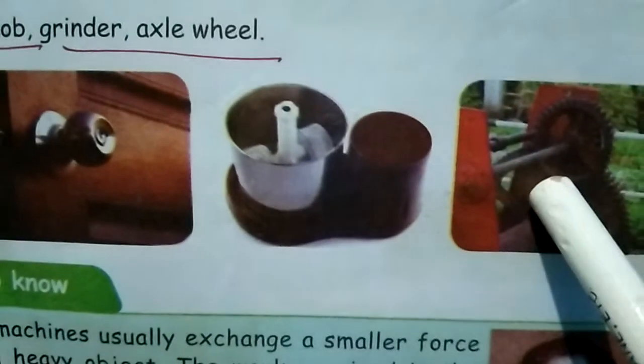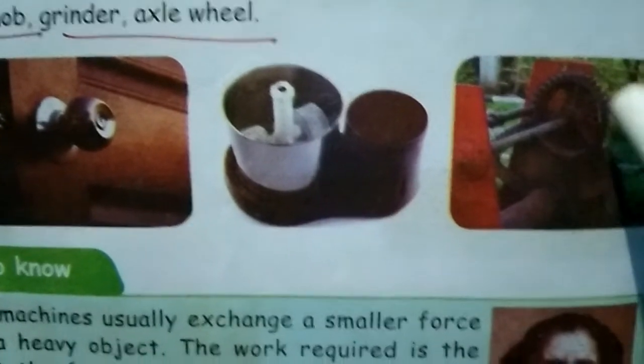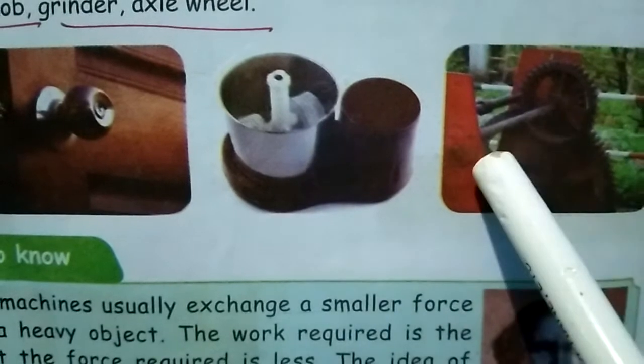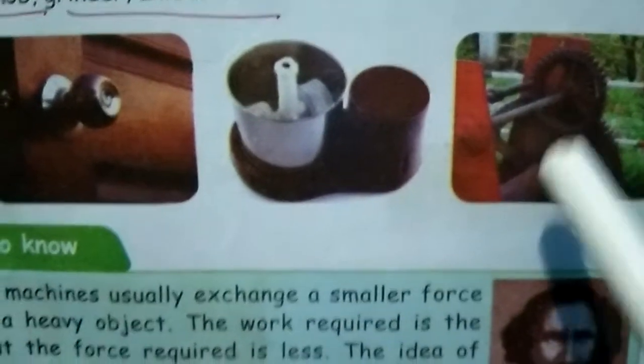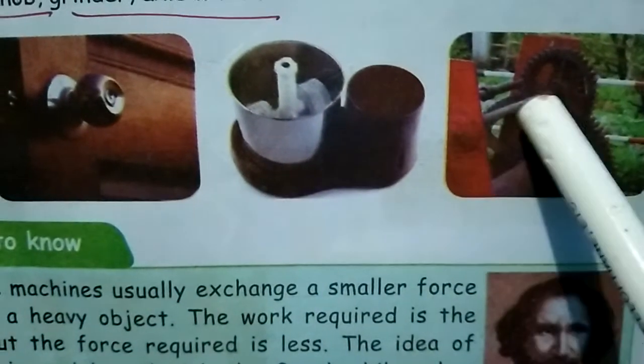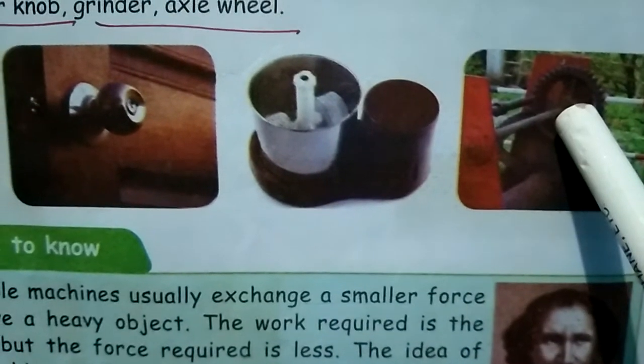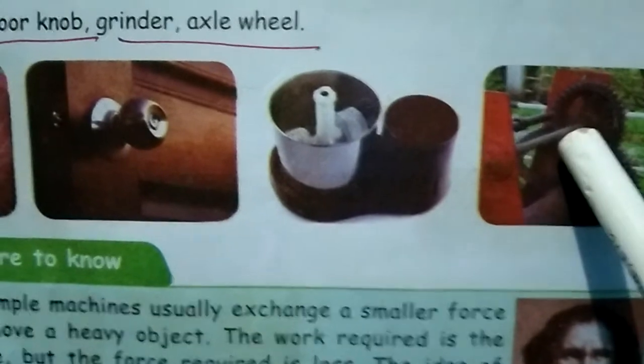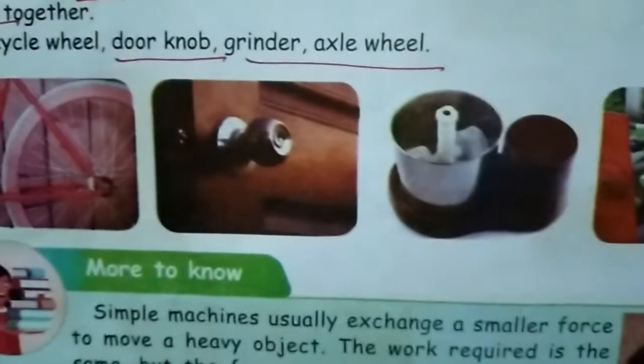Here also this is a railway gate. They open the gate and close it. The railway gate is used with a long rod, using this simple machine. See, it's a wheel type. So the wheel is rotated with one rod. The rod will hold the wheel and the chain together to rotate it.